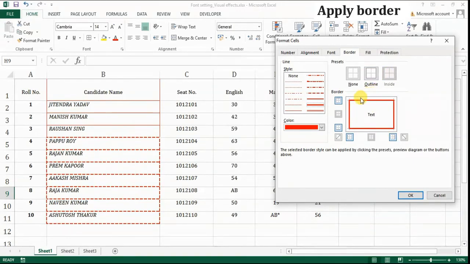Inside you can add a specific border. See, this is the switch between the top border, bottom border switch. In this way we can add the different borders to the selected cells. Click on OK.